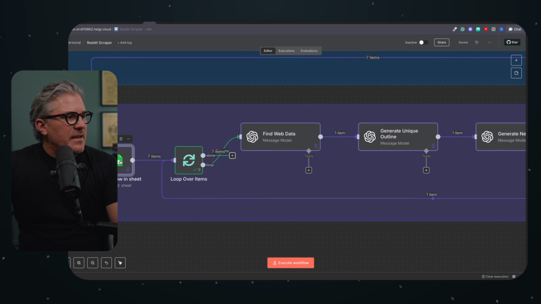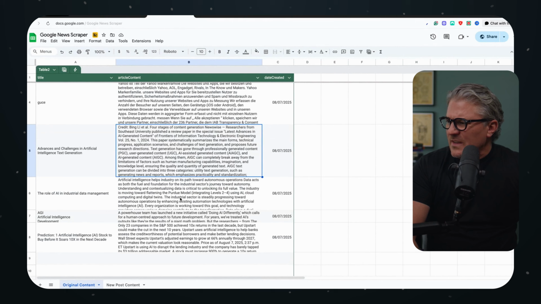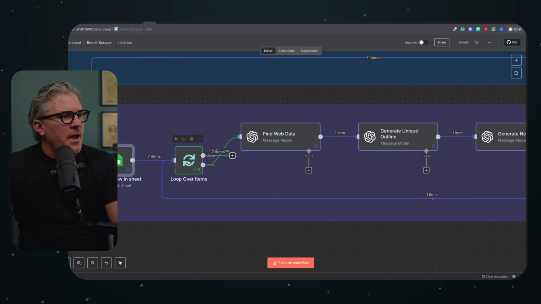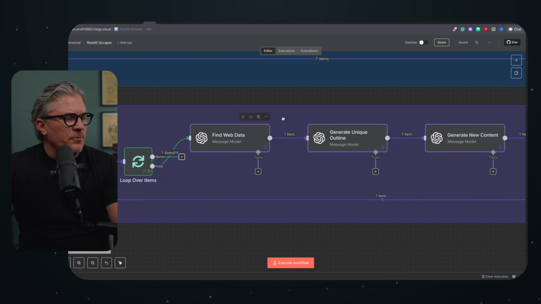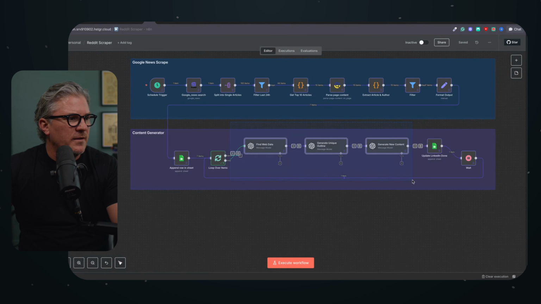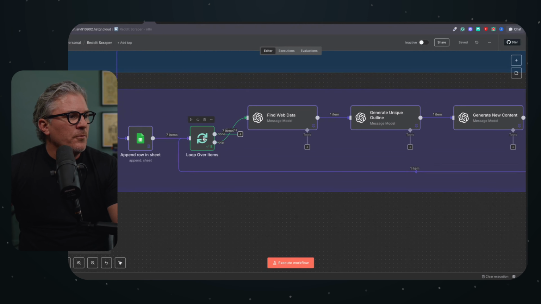The next thing I need is, as I said before, we now have 7 usable articles in this Google Sheet. What I want to do is run them through a series of AI agents to help me come up with original content. If you've watched my other stuff, you may recognize these because I use them really frequently when generating original content. But before I run them through, I need to create what's called a loop over items